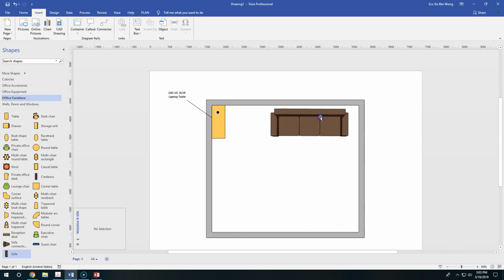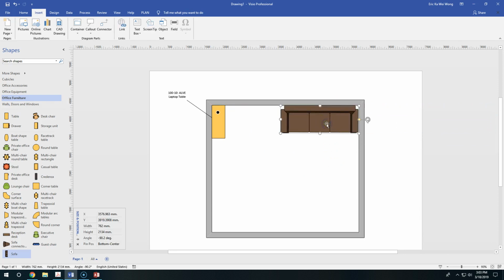You'll find that I'm trying to align my sofa to the wall to optimize my space. Okay, anyways,